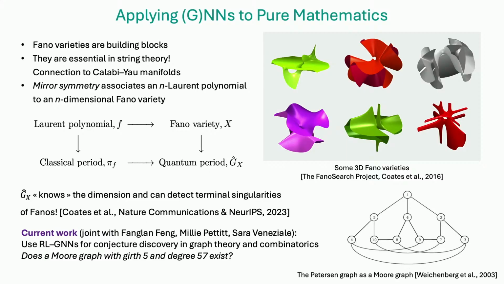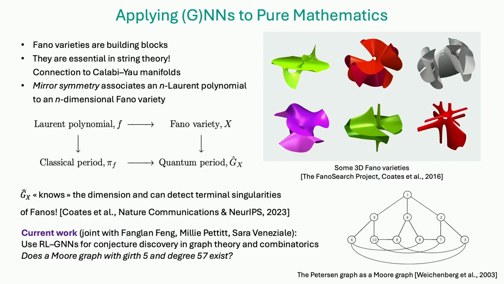As the association between Laurent polynomials and Fano varieties. And the nice thing here is basically you have something that's computable related to an object which is sort of not, or more difficult to compute. And then essentially the idea here is that some quite powerful results using machine learning here that Sarah did, and